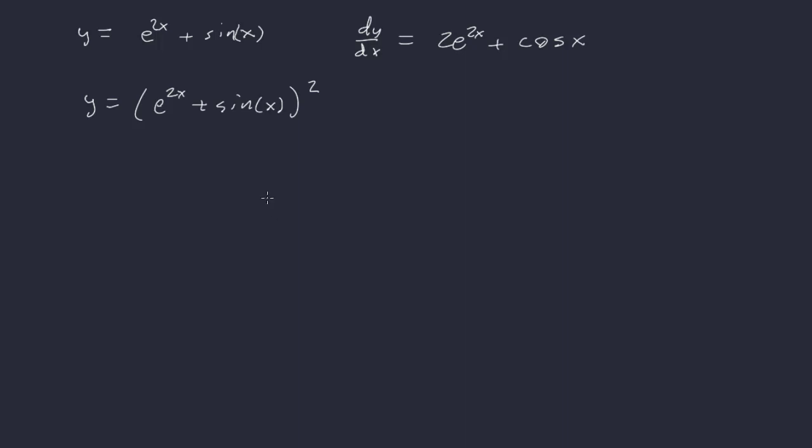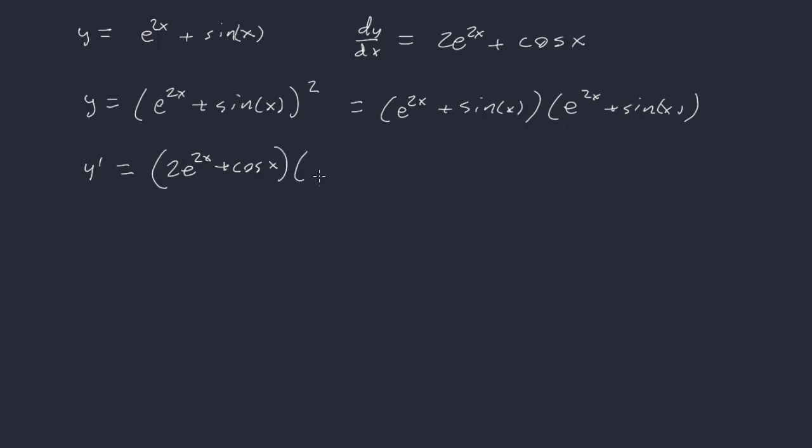Okay? So there are two ways we could go about it. We could either multiply this all out, doing that I wouldn't really recommend, but it is a way to go. We could multiply it all out, or we could just use the product rule, right? e to the 2x plus sine x times e to the 2x plus sine x. Okay, so when we differentiate this y, it'll be the derivative of the first, which is 2e to the 2x plus cosine x, okay, times the second left alone,